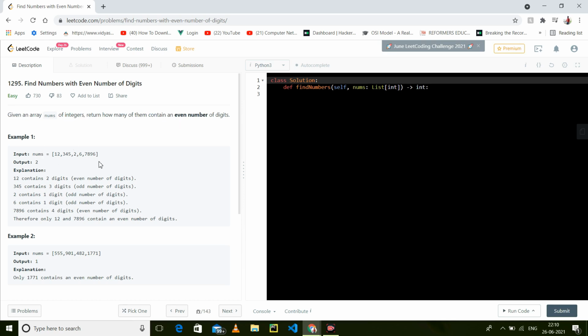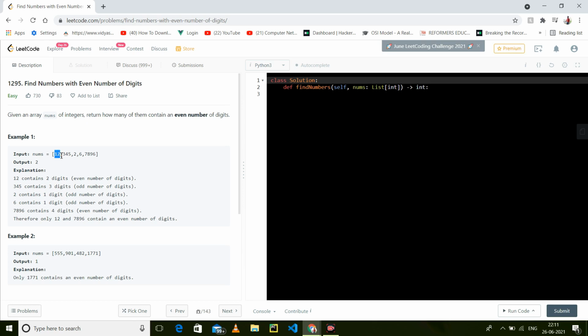So this is the array, and we have to count whether a particular number has an even number of digits or not. I will first tell you the approach. We have this integer, and we have no method to count the number of digits in a number. So first we will change it into a string, and in a string we have a predefined function, length, that is len. With the help of that we will find the length.